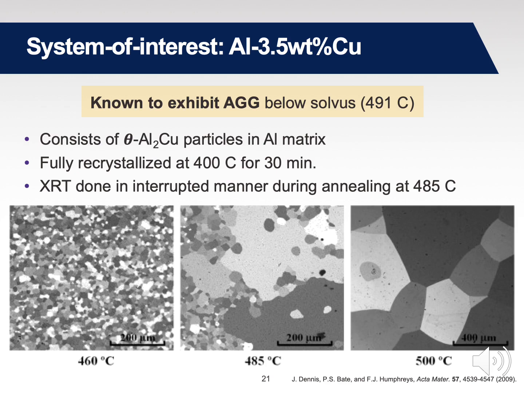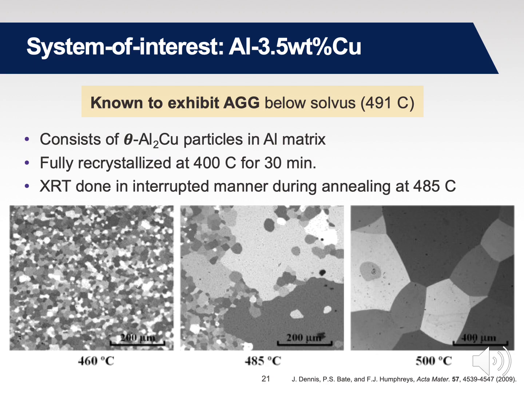Below the solvus, the system exists in the form of theta phase intermetallic Al2Cu particles, and you can see them if you look very closely, these little black specks on these micrographs collected by Dennis and Humphreys, and it sits in a matrix of aluminum grains. And you see that if you're right below the solvus temperature, you have this abnormal microstructure, clearly a bimodal distribution of grain sizes, right? A few grains are colossal, and you have several smaller fine grains in the rest of the specimen.